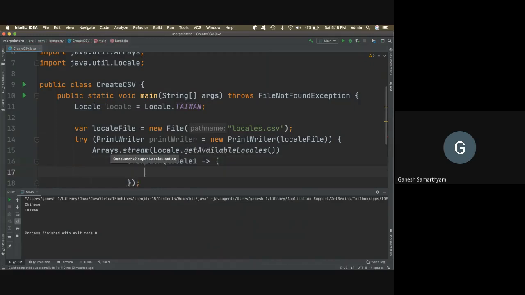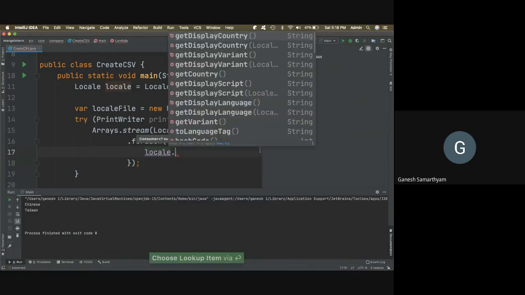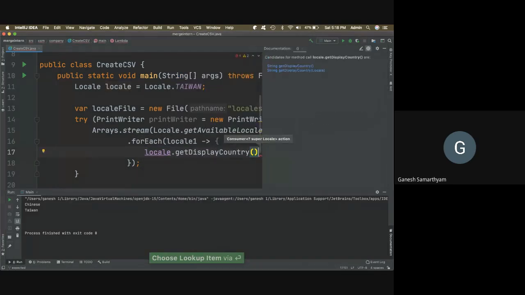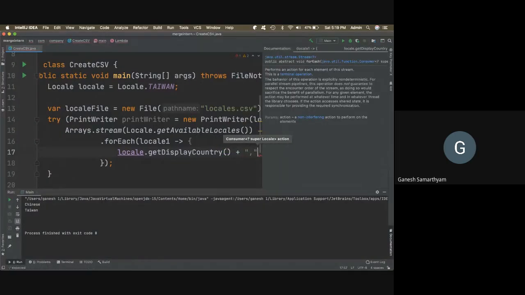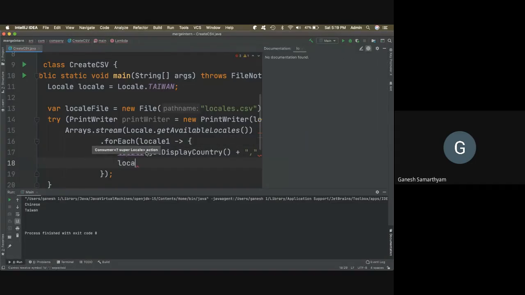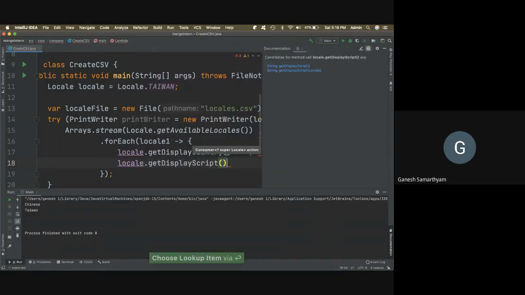I want to process each locale, right? So I want locale dot get display country plus comma, because I'm creating comma separated values, right? So locale dot get display script. Let's stop here and see if you're able to get this inserted, right?